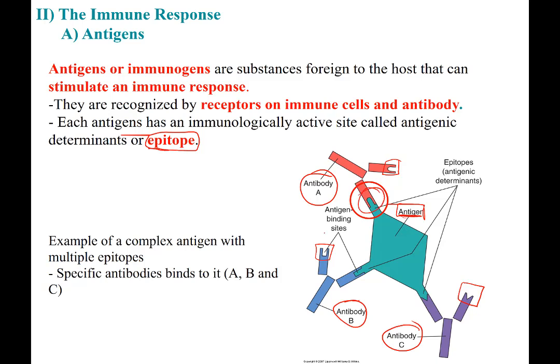Because of that, you're still going to get sick because you didn't recognize all three, but the symptoms are not going to be as bad because you're going to be able to neutralize some aspect of this antigen, and you're going to be able to recover faster. The third time, fourth time you are exposed to the same antigen, the immune system is clever and is going to recognize all of those, and you're going to be able to produce antibodies A, B, and C binding to those three different types of epitopes. So this time you can neutralize the antigen completely, so you're not even going to get sick.